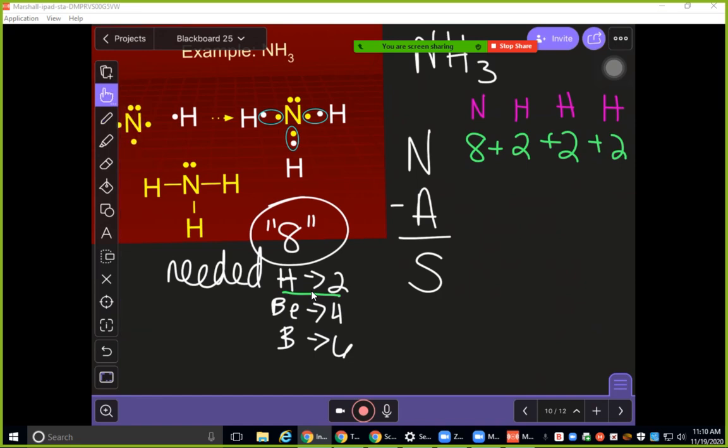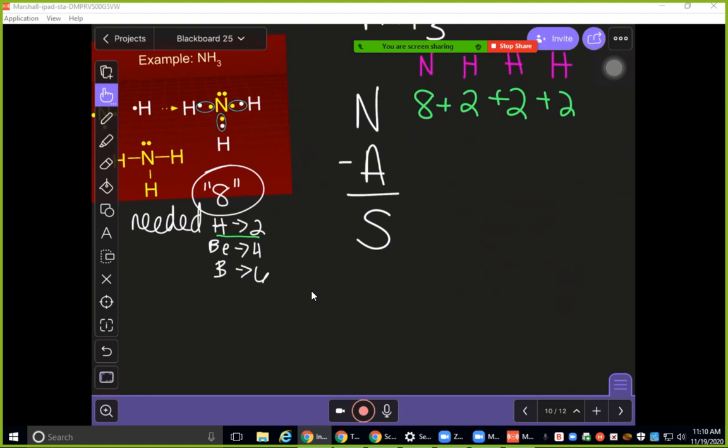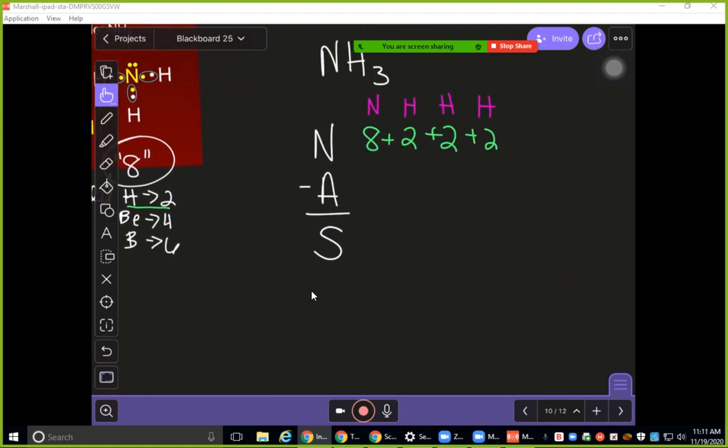Once you have that, let me see if I can shrink this whole thing. I'm going to push that off. All right. Once you have that, you're now going to add those together. So we have 8 plus 2 plus 2 plus 2. So 8 plus 6 is 14. We've done our N. Okay. So the next step is going to be